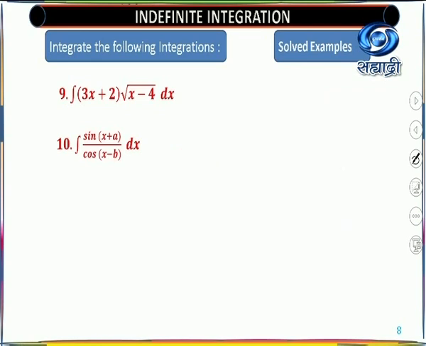Now what is the next question? The next question is the 11th one, that is (e raised to x plus 1) upon (e raised to x minus 1). Already we know that for e raised to x, substitution makes it very easy to find the integral. Okay. Now the 12th one. The 12th is 1 upon (1 minus tan x). This is trigonometry. You know that trigonometry is very easy to use, or you have to use all your trigonometric identities here.